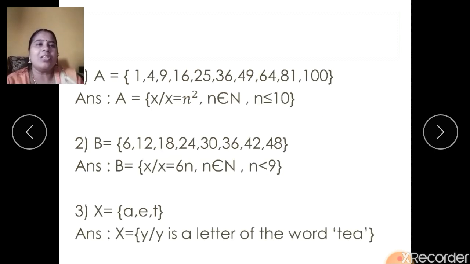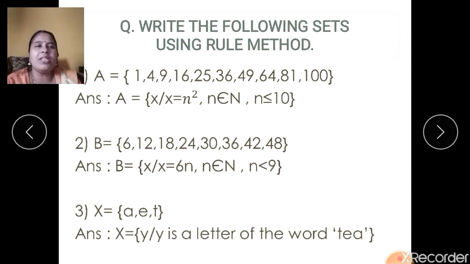Now see this. This is write the following sets in rule method. I've already written all the answers here so that the concept becomes clear to you. I'm explaining the first sum. Just look here. The question was 1, 4, 9, 16, 25, 36, 49, 64, 81 and 100. First thing that you should do in such questions is search which property is used here. Which property is used here? They are squares of numbers. Correct? First thing is that. So how will we write? First thing I told you, all the sums of this type are similar, wherein you have to write this as an initial step. Set A, X such that all X. See, set B, X such that all X.